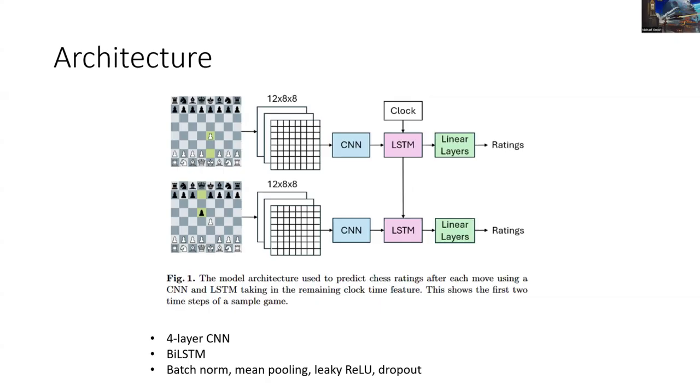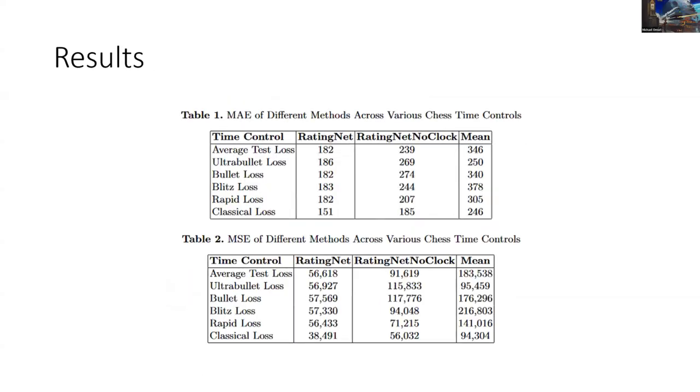The input is a sequence of moves, and it can either be just one move or multiple moves in a game. But like you said, right now I just tested on one game, so the results are decent. I mean, 182, and 200 points is sort of a bracket for a rating. But I'm definitely interested in training it on multiple games, because one game a player might play well or they might have a bad day, so it could be tough to tell from one game.